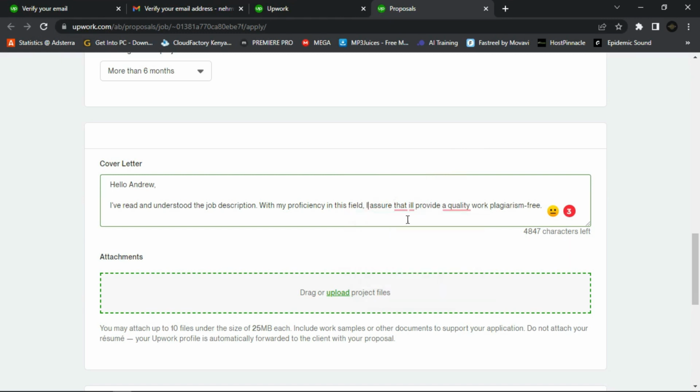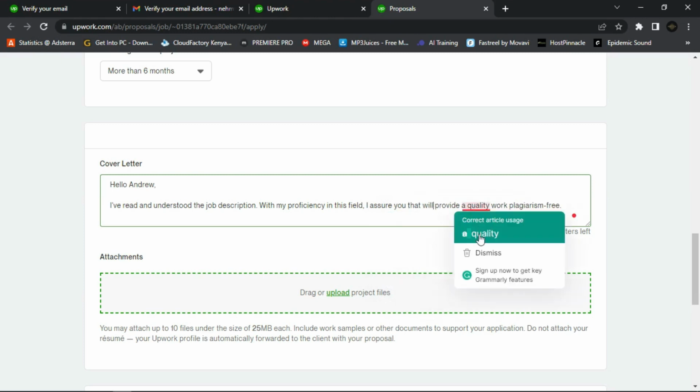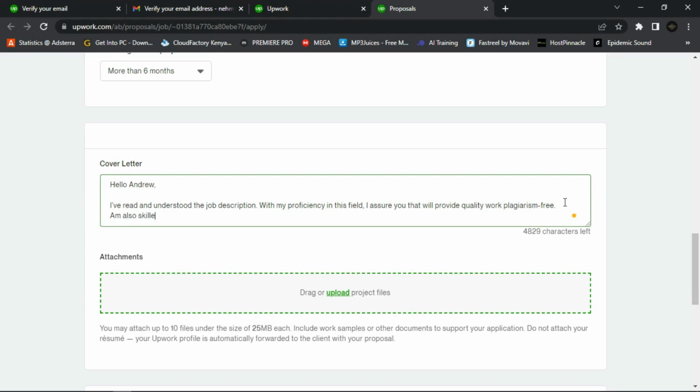You can edit these typos, these errors here. I use Grammarly. You can see it gives me suggestions for errors. And then you might also want to add some skills. You can say, I'm skilled. Perhaps let me choose an example of content writing. Let me say I'm also skilled in content writing,